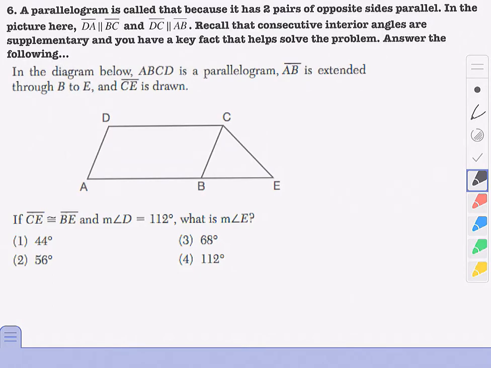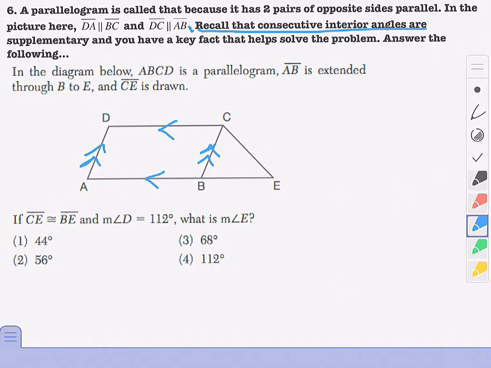We're closing things off here with another famous shape called a parallelogram. Parallelogram is beautifully named because it has 2 pairs of opposite sides that are parallel. So in this picture it says it's a parallelogram, so we know that those 2 sides are going in the same direction. And we also know that these 2 sides are going in the same direction. So you're going to have to play around with some of the vocabulary from previous lessons, including alternate interior angles and the consecutive interior angles, also known as same-sided interior angles. Oh, it's even written right here as a reminder